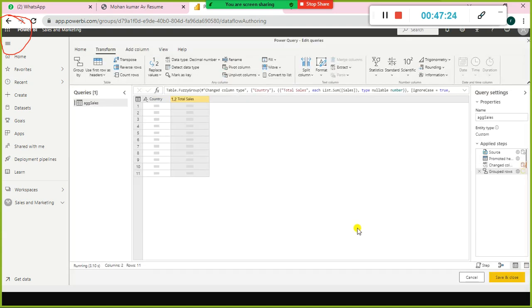Now I enable the fuzzy match. Look here, though I have this spelling mistake for the United States, it still considers the wrongly typed United States value as falling under the correctly typed United States group.